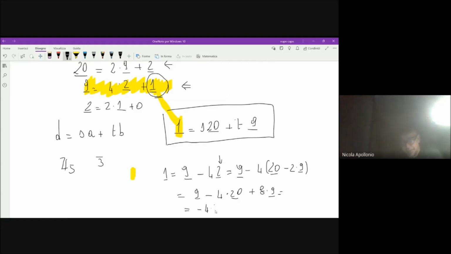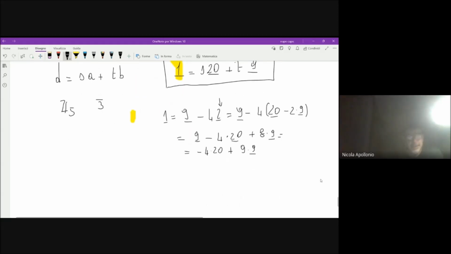Minus 4 times 20 plus 9 times 9. Here we found the coefficient. Oh, sorry, I forgot again the underline. Here we found the coefficient